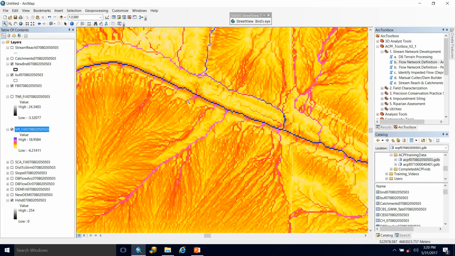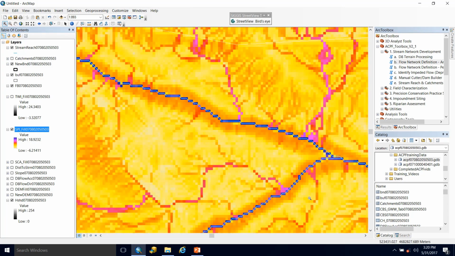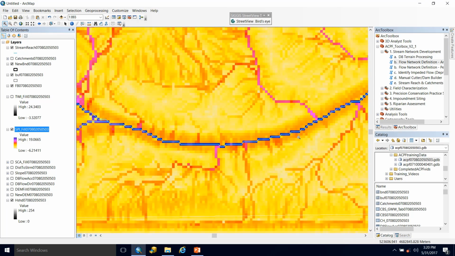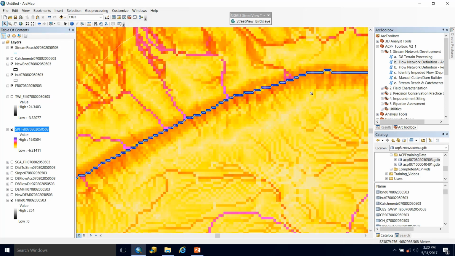So in areas of pink to this darker blue is where we have high erosive power. And it makes sense that this does coincide with our stream reach, which you can see overlaid right along that dark blue color of the stream power index. That makes sense. We have our incised channel there, which would coincide with a very high stream power value.